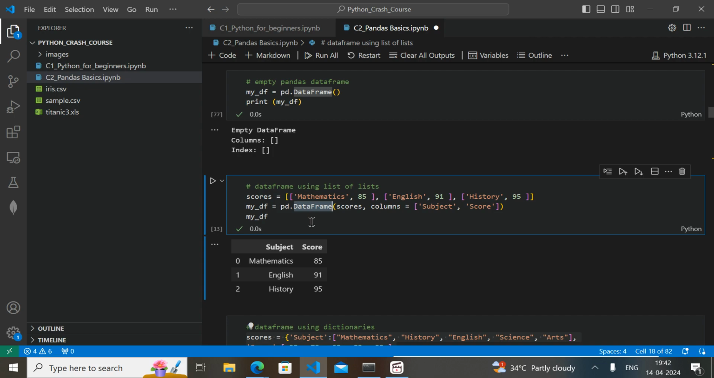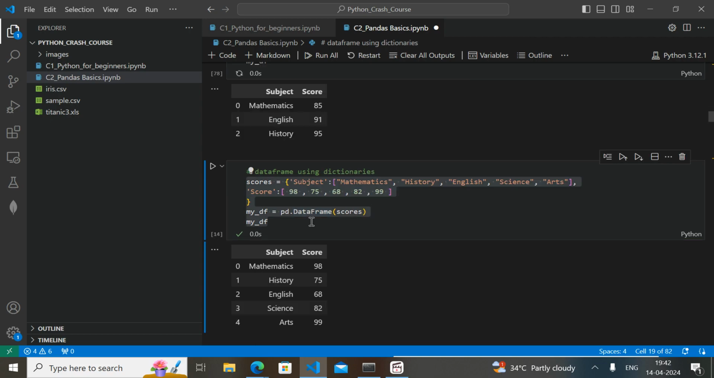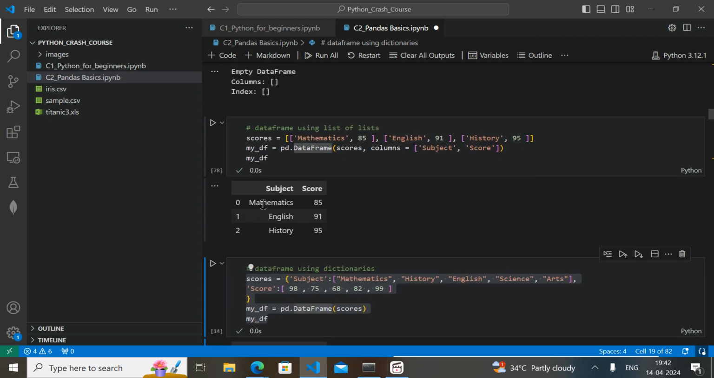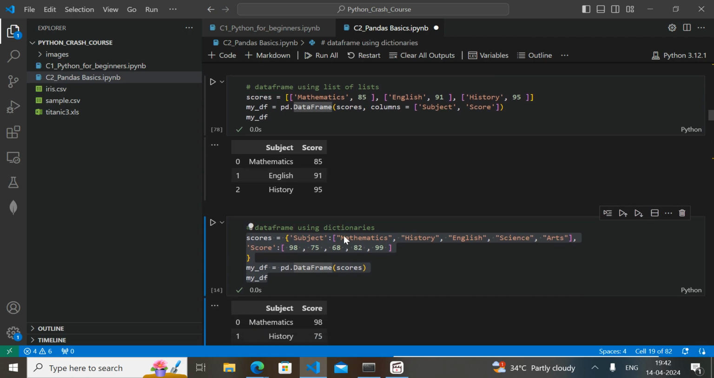Then you pass the score over there. I have passed the score and the columns as subject, because what is the column name? First is math, English, so this is the subject and this is the score. I have passed the column name. If you use that, you'll get math is equal to 85, and this is how you get that. Okay, now